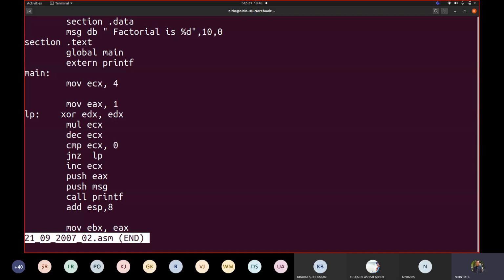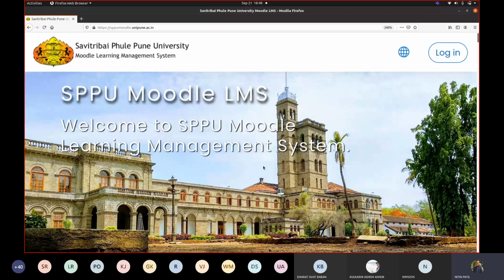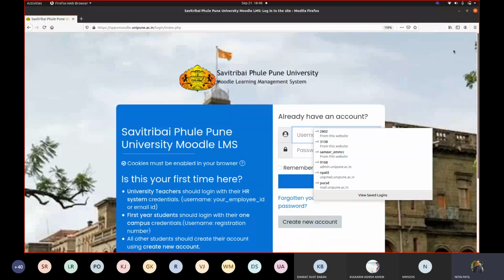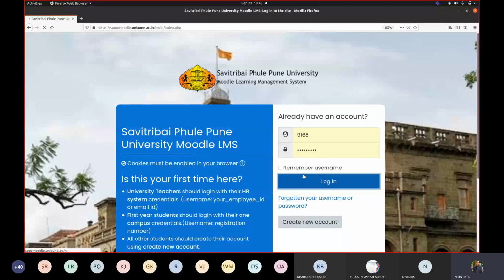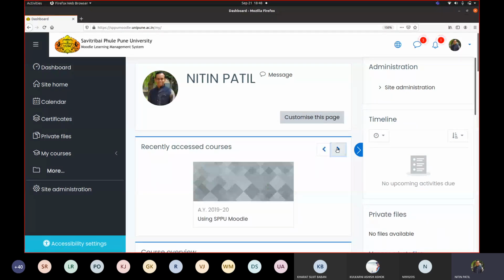Fine. And no need to write this letter part here. So I assume you understood it. You have to write the code. I will add this into one assignment in Moodle so that you all can submit your solution there. Fine. Start working with it. And when you are done, submit it there. And if you have any question, you can post it to me. Not a problem.